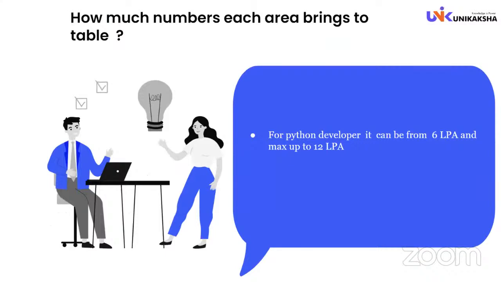So at the end of learning all these Python and stack concepts, as the main thing you wanted to become a Python developer, or you wanted to gain expertise in Python, right? So how much money will you make after completing the fundamentals of Python? While you learn about all these things, you will become a Python developer, and of course as a beginner you will be making 6 to maybe max up to 12. And there are plenty of people inside India getting max up to 18 as well, because based on their experience, the projects they work on, and the creativity level, the numbers will vary.